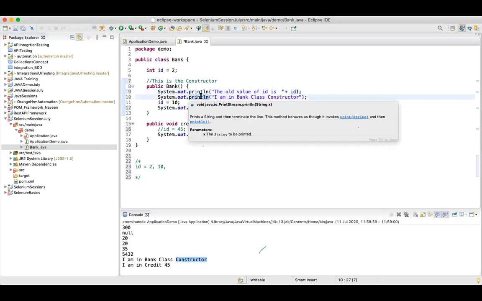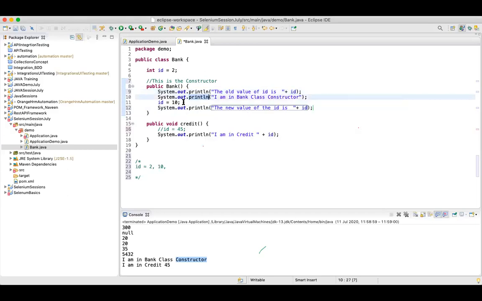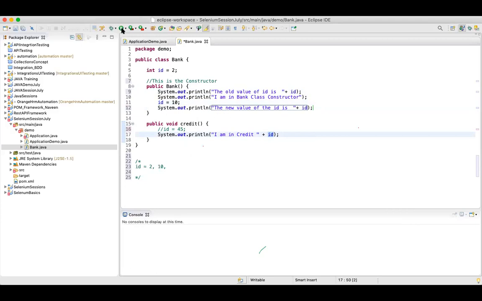Then it will print this line. Then it will assign the value 10 to the ID. And then I'm saying again print the value of ID. Then again what will it be printing? This value, which is now 10. And over here, when I say I'm in credit plus ID, it will again print 10 because that is the latest value.